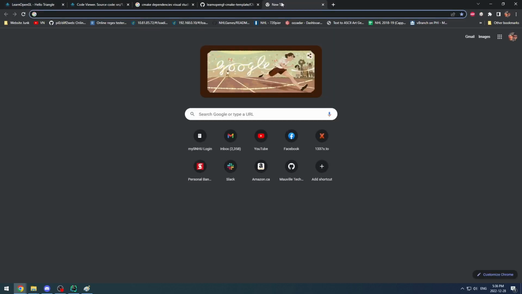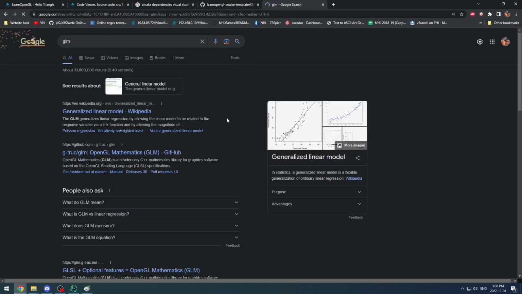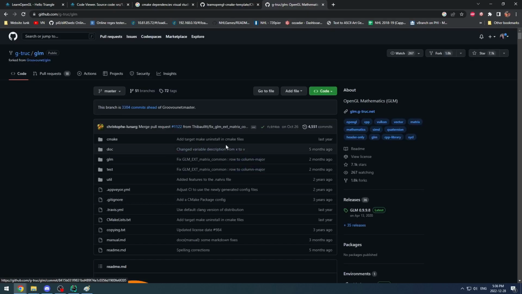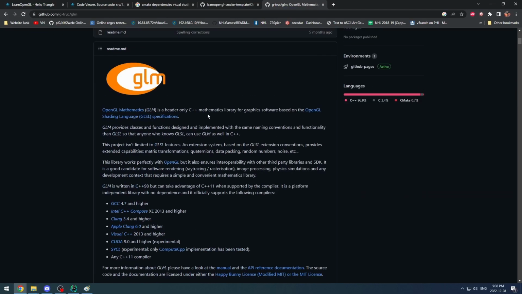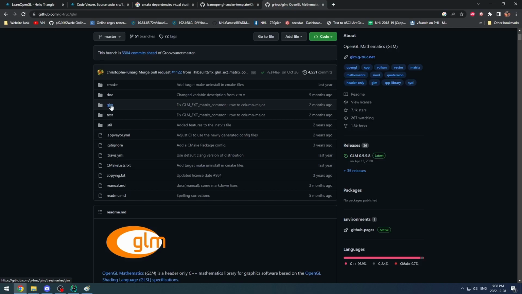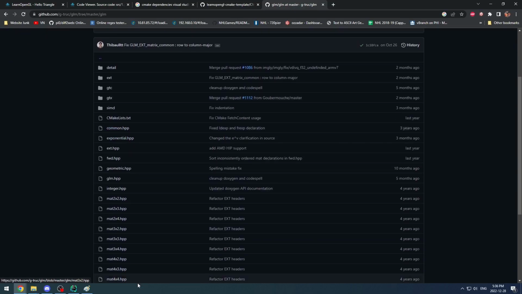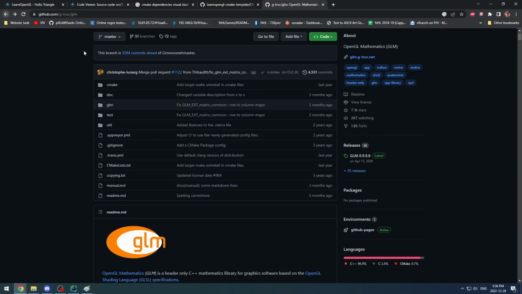So we're going to look at GLM here. You saw in our first lesson, when we set up the sample project, that we added GLM. GLM is a mathematics library for OpenGL, OpenGL Math. And if I'm not mistaken, it's just a header library that has a bunch of math types in it. So we're going to do things in a more